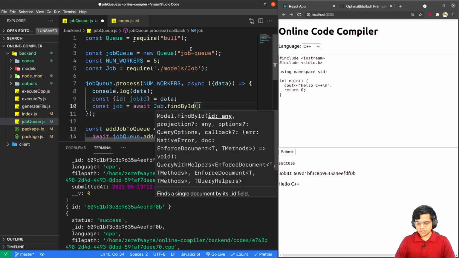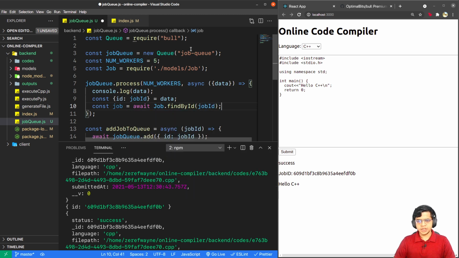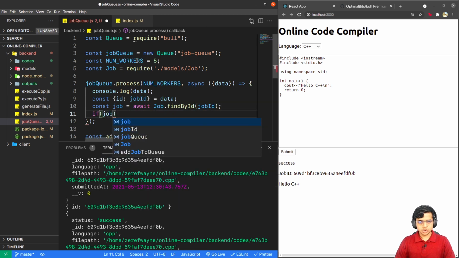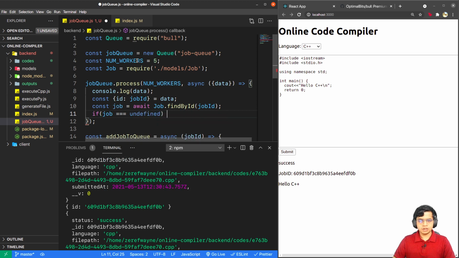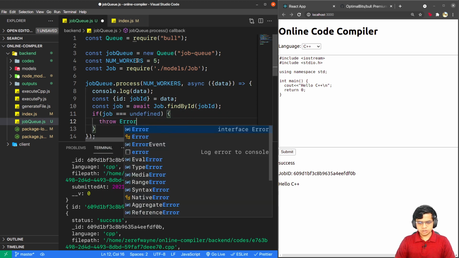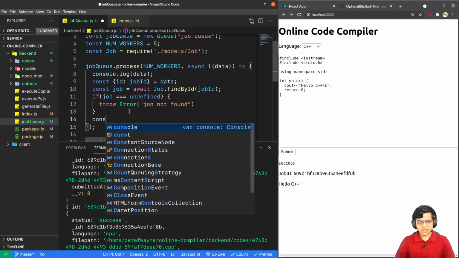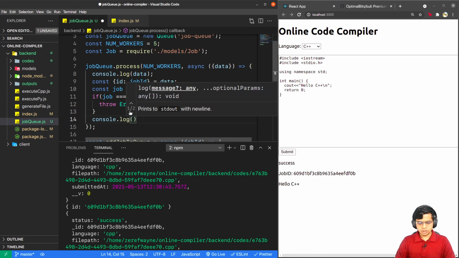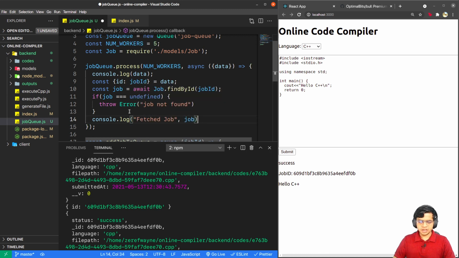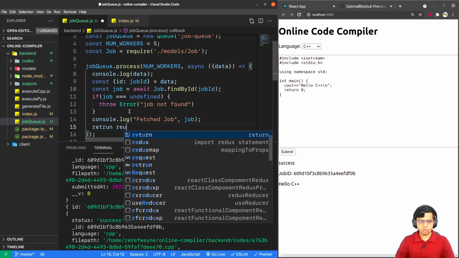So now we are querying the MongoDB database, and the ID would be nothing but jobId. If job is undefined, I'll throw an error, or else I'll just console log that I fetched the job and here are the details, and I'll return true.